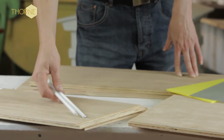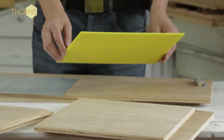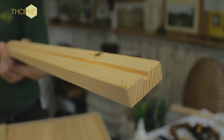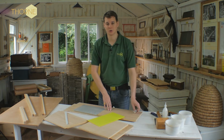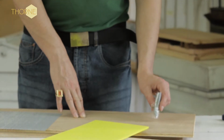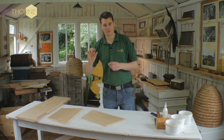1 pair of plastic runners, 1 piece of mesh, and your yellow plastic Correx. This is basically corrugated plastic. You'll also have 24 of these, the top bars themselves, and then your all-important packet of nails and pins. So in your pack you will have some 1.5" lost head wire nails, and quite simply we're going to take